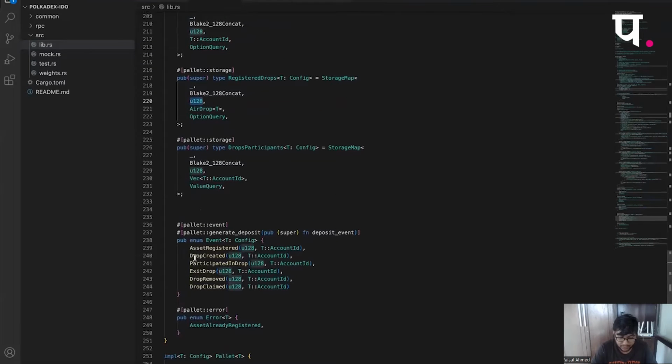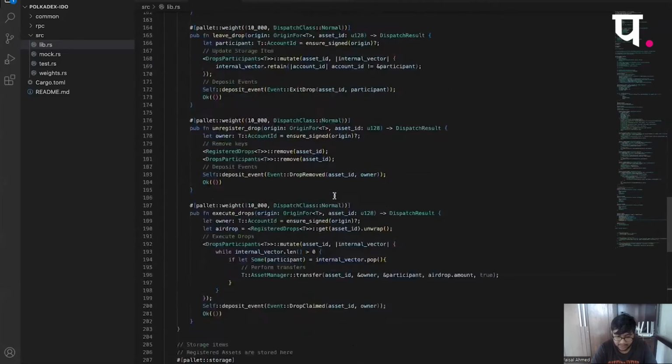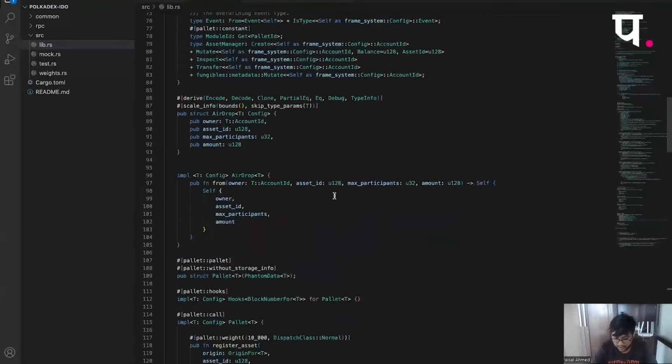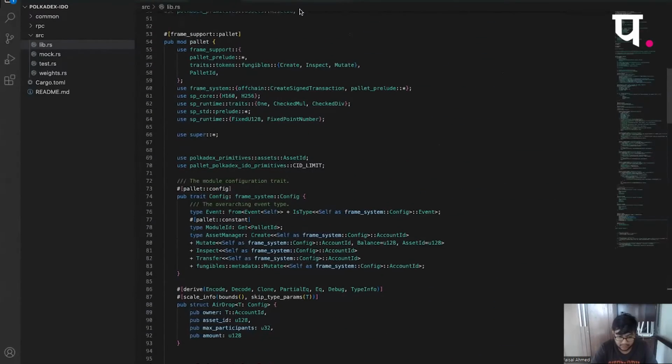And lastly, we have a couple of events: asset register, drop created, parties. I think these are quite obvious as we see them. So that is it with the entire pallet syntax and pallet code. If there are any questions,